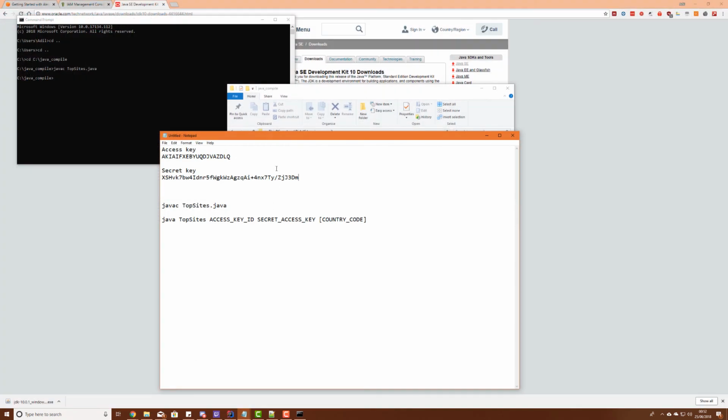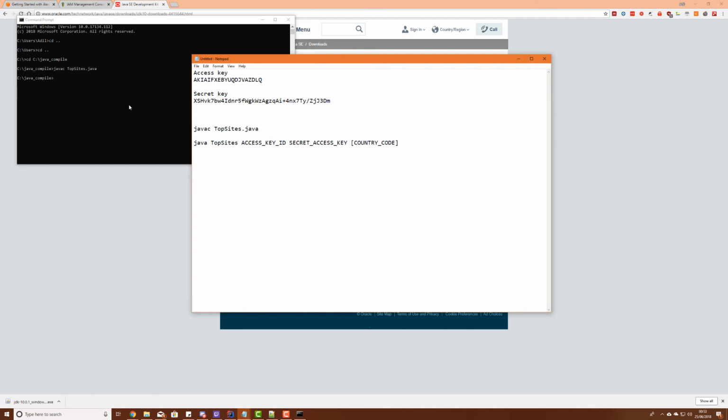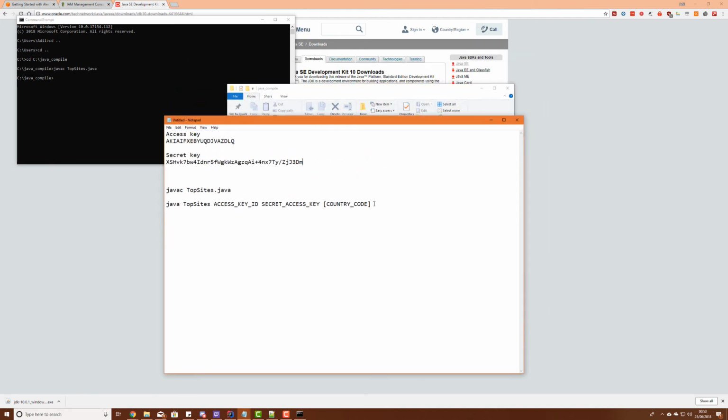Now when you query it, the way to use this from the command prompt is using something like this. So the way we're going to change this is you have java TopSites, and we're going to replace this access key ID with our access key. We're going to replace the secret access key with our secret key, and we're going to replace country code with the country for which we want our ranks. So for me that'd be GB. If it was China, it'd be CN. So if I just try GB